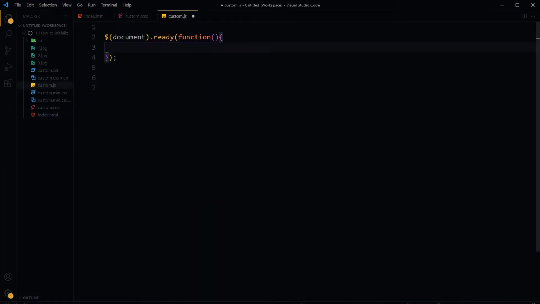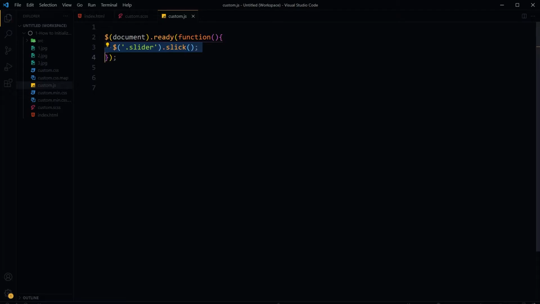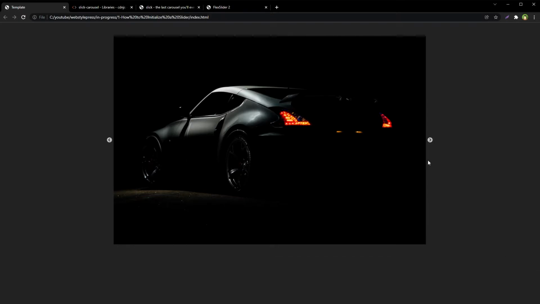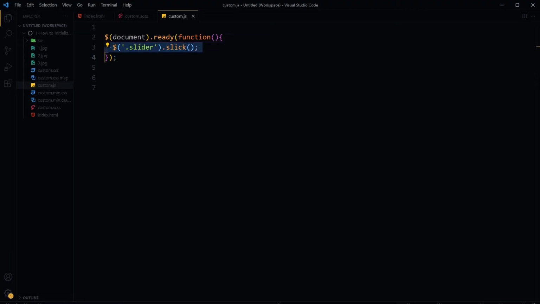So jQuery slider dot slick. Now Slick Slider will be initialized at the area that has the class named slider. Save, refresh, and now we have got this slider. Now it's initialized. Now this slider will work. This is how we initialize a slider.